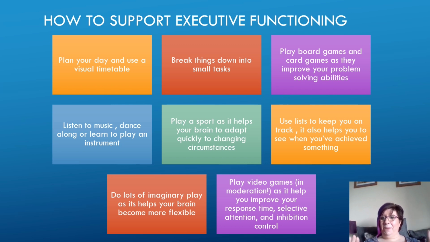Play board games, play card games. This might sound unusual, but what you need for good executive functioning is this front bit of your brain. It's called your prefrontal cortex, and that's your problem-solving centre. And particularly for teenagers, during puberty, you've got part of the back of your brain called your amygdala, and your amygdala is your anger centre. That grows really, really quickly when puberty hits. And the prefrontal cortex, which goes, whoa, stop, wait, hold on, grows really, really slowly during puberty, which is a bit of a mismatch.